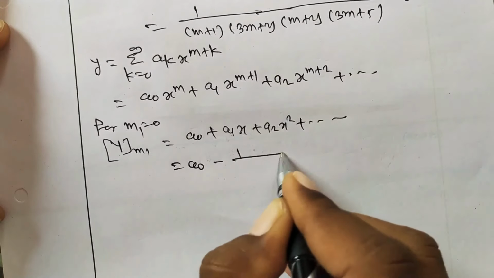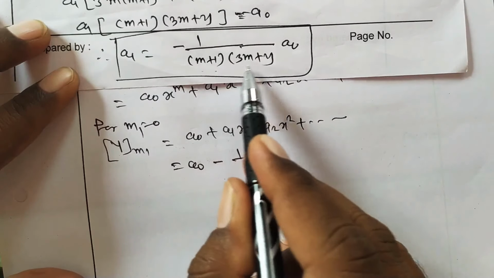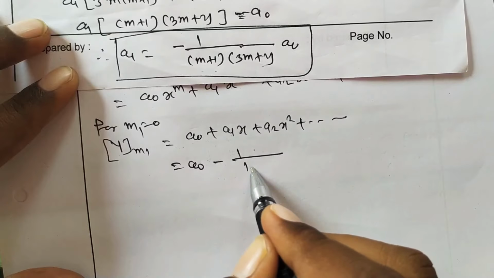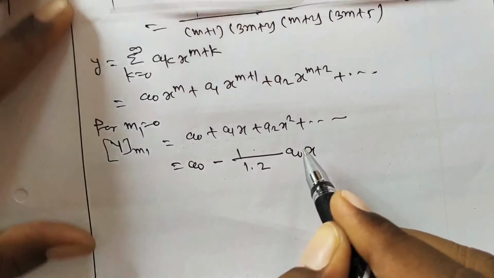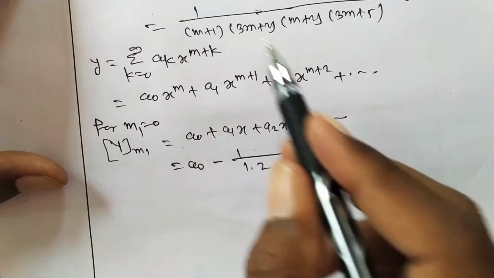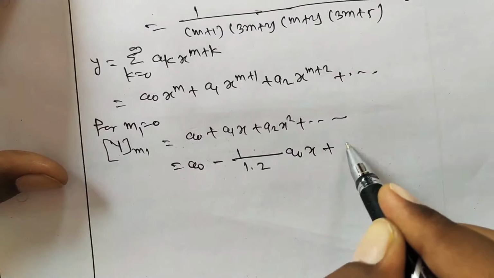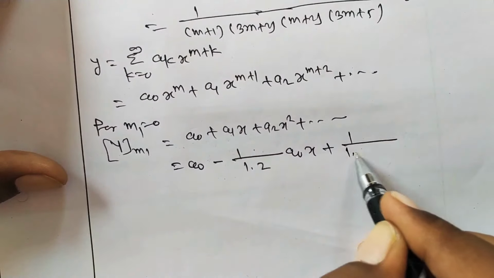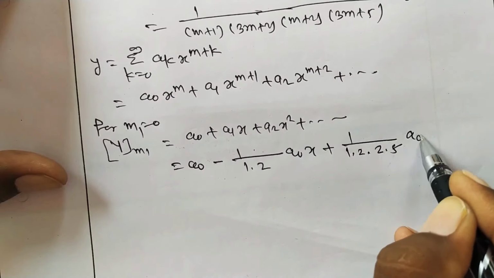a1 is minus 1 upon m plus 1 into 3m plus 2, but in this if we put the value of m equal to 0, we will get 1 into 2, a0x plus a2. What is a2? a2 is this, so a2 is plus 1 upon, here m equal to 0, 1 2 2 5 into a0x